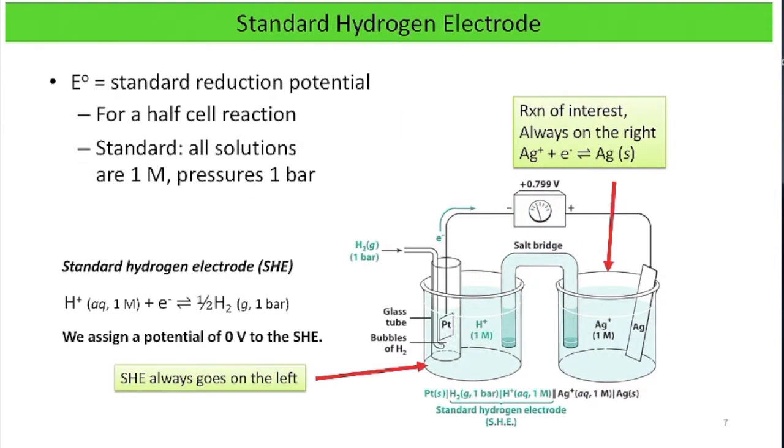So the standard hydrogen electrode, or SHE, is an electrode that is made out of 1 molar hydrochloric acid and 1 bar of hydrogen gas. And it's a standard hydrogen electrode because of the concentrations being 1 molar and the pressures being 1 bar. So since the standard hydrogen electrode is a reference electrode, it'll be on the left-hand side of the diagram, and the reaction of interest is going to be on the right, and in this case, that's a silver solution with